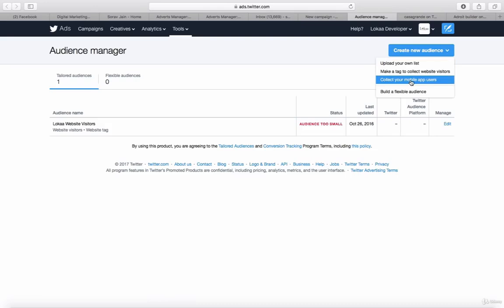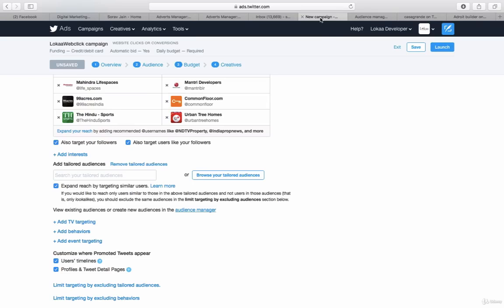One, people who have visited your website; people whose email ID is available with us; and we can even collect the list of mobile app users and upload it out here. You can even create a list of usernames on Twitter and upload it, so your advertisement can target them exactly. So these are some of the custom audiences that you can build on Twitter. Custom audiences are nothing but the audiences that you build outside of the Twitter user dashboard or targeting dashboard.